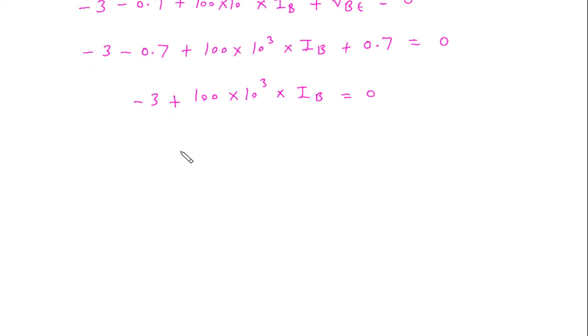So from this, 100 into 10 raised to 3 into IB is equal to 3.